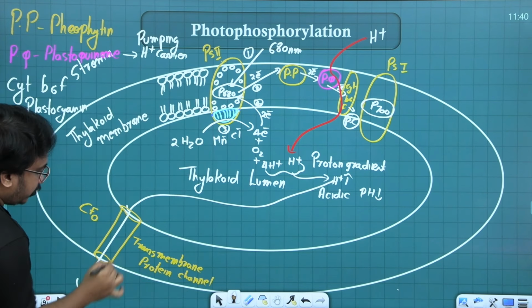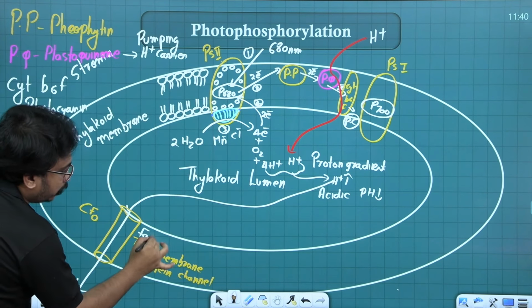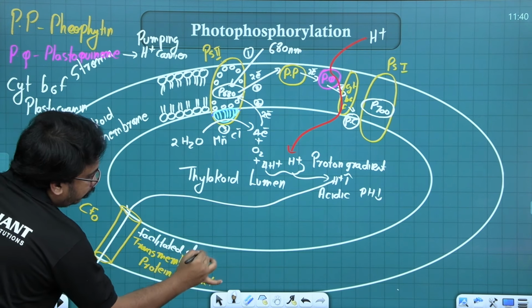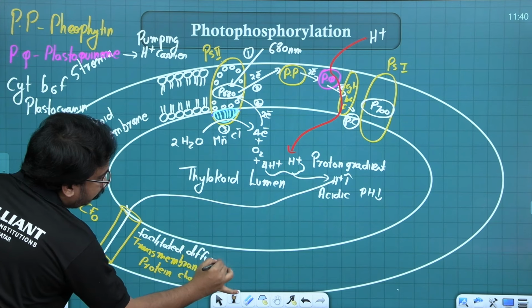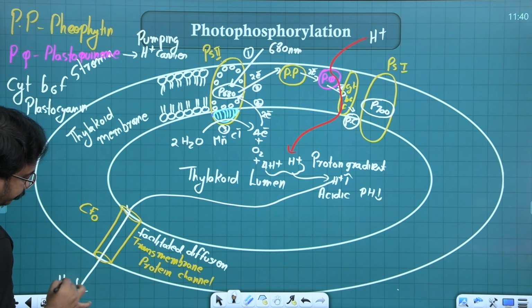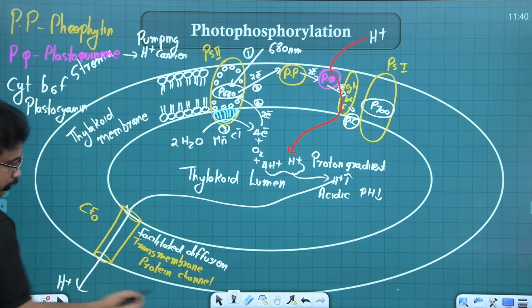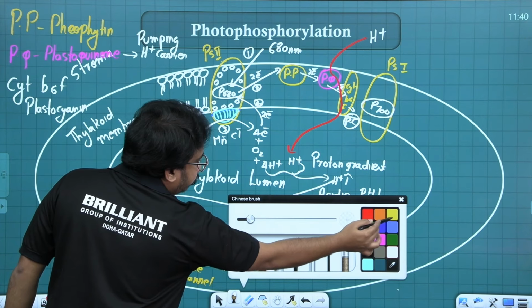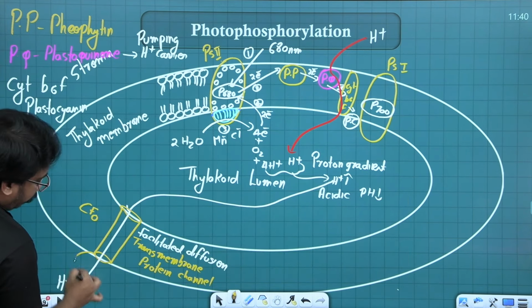So H+ is moving by which process? Facilitated diffusion. So H+ will keep on moving by facilitated diffusion. Now you can also see they will be having one more particle,